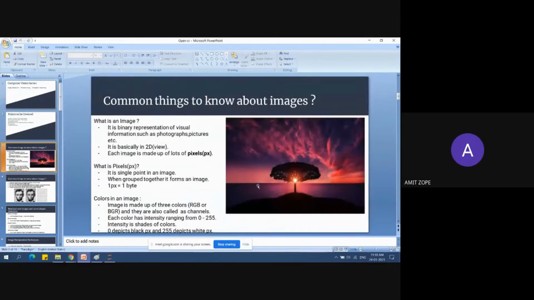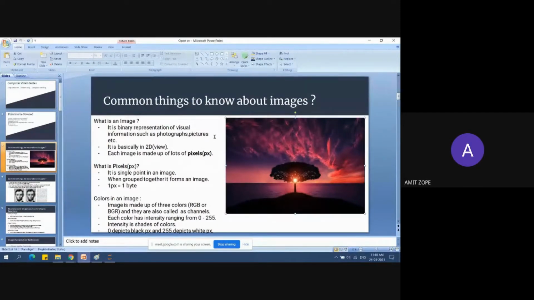So first, I hope that you can see the tree image here, which is the image stored in the computer itself, and it is the binary representation of visual information such as photographs, pictures. So basically, now you are seeing the image here in 2D format, but actually the computer stores this image in 3D format.